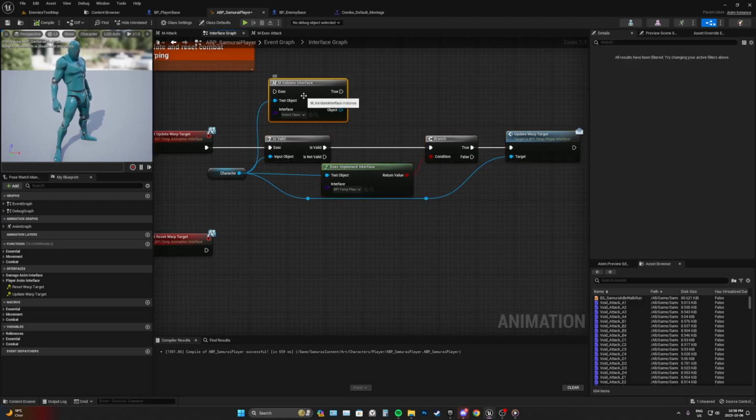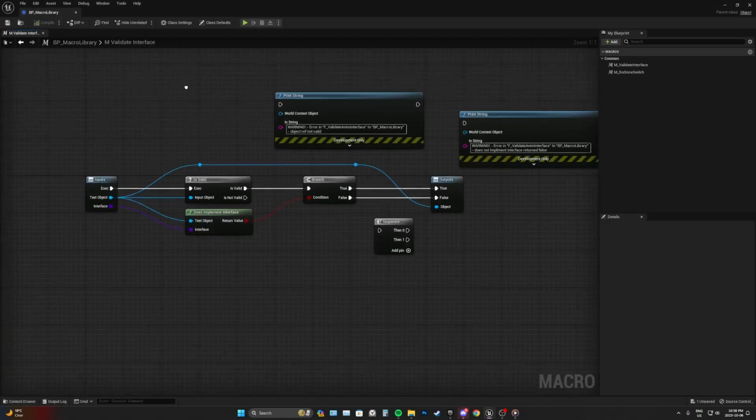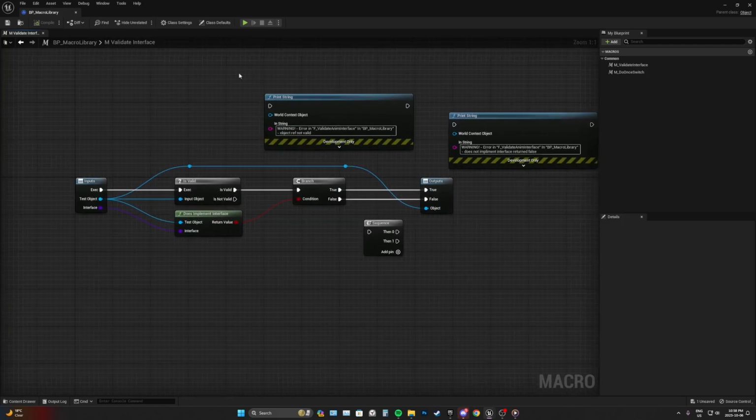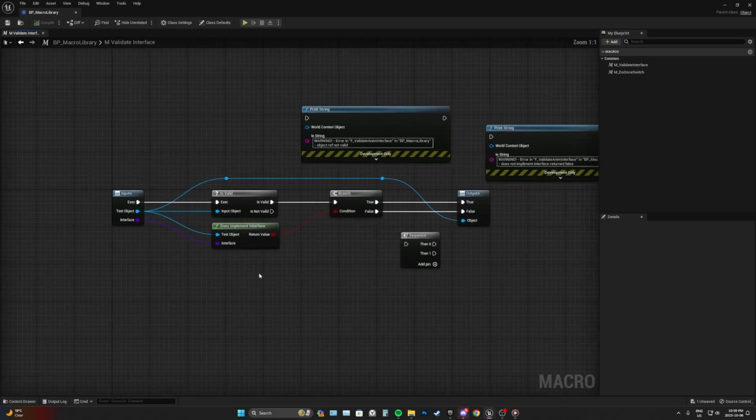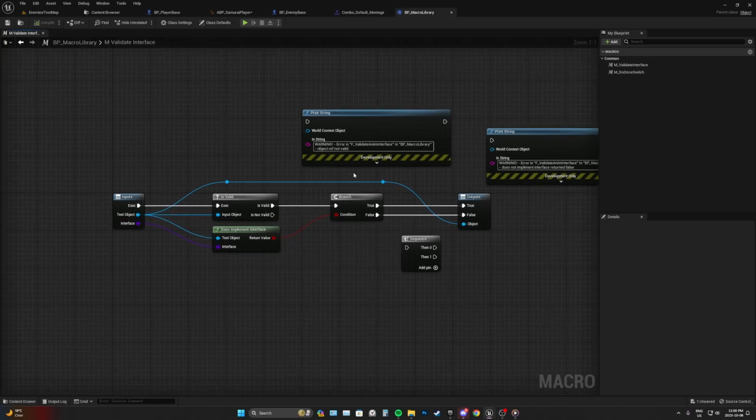So I made this macro, and I'm going to show you what it is. And this is all it is. These are just print strings I added if I need to debug something. But I used that does implement interface function. And you guys can snap a picture of this, copy it, do whatever you need to do. This is in